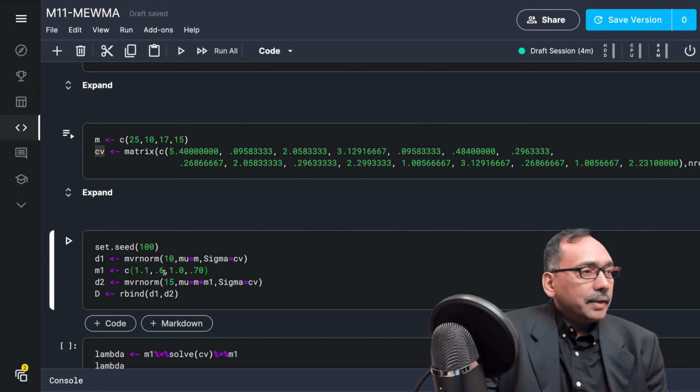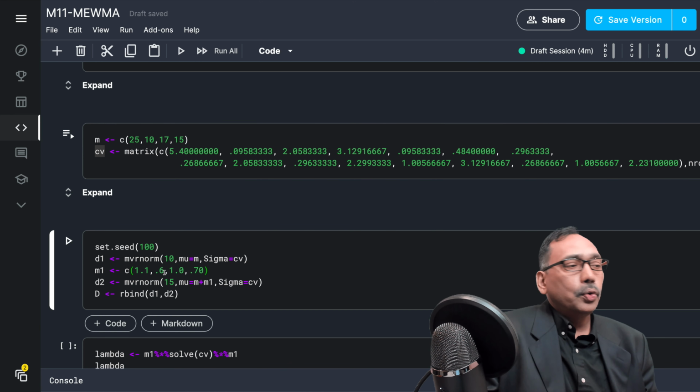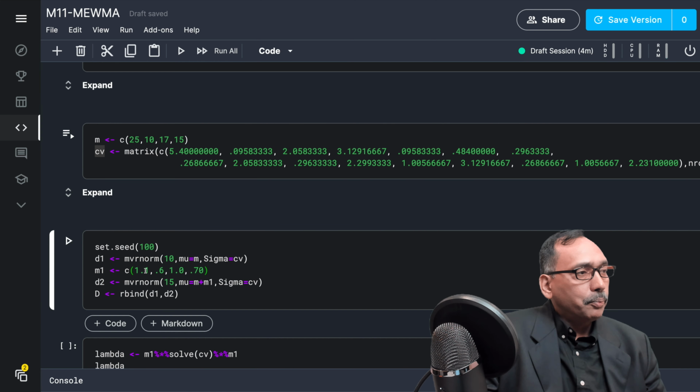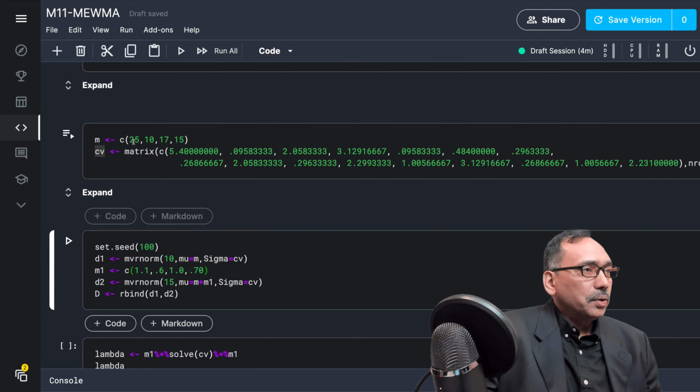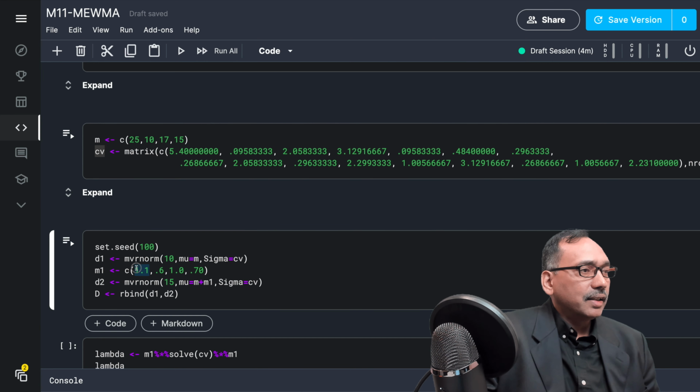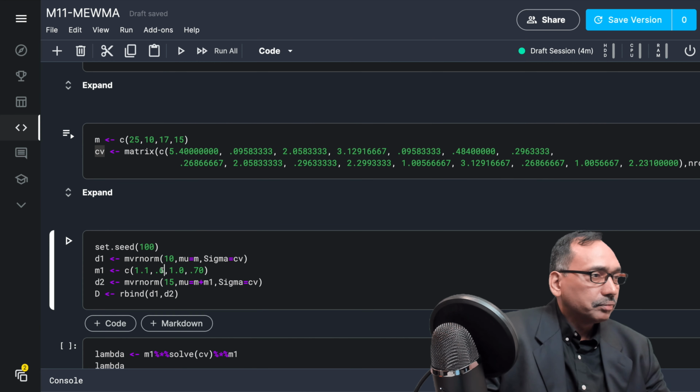In the next line, I want to generate new data points with different means. Compared to this, now we have 1.1, 0.6, 1.1, and 0.7.